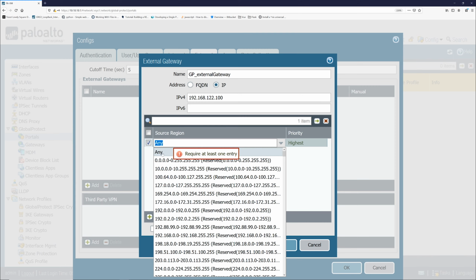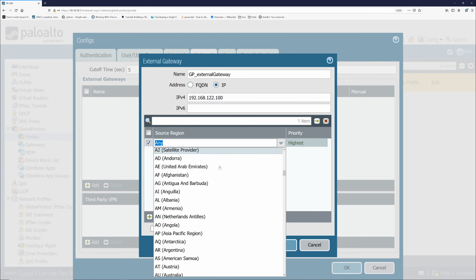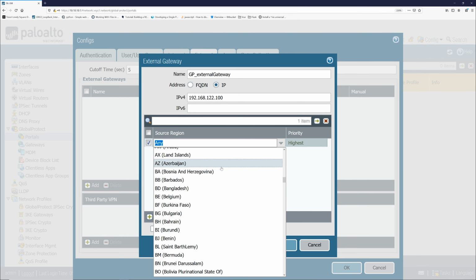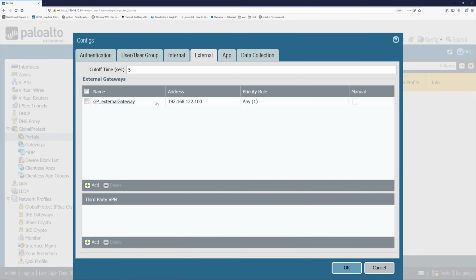So I'm selecting any, but you can use the subnets that are reserved, or you can also go through the countries and select them so that the users can connect through these regions, but I'm now selecting any. So now select OK. So I have provided an external gateway with the priority 1 with any source, and